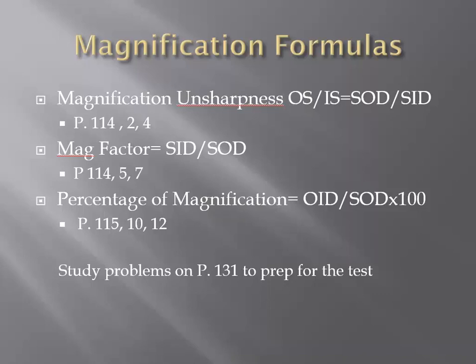That'd be 40 divided by 36, a magnification factor of 1.1111 and so forth. So your projected size would be that times the size of your object. Number 7, determine the magnification factor if SID is 60 inches and SOD is 54. So we have 60 divided by 54, again,